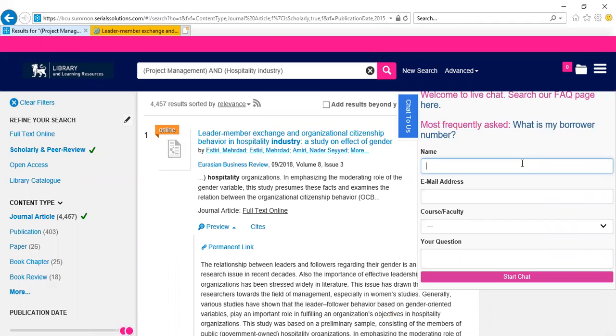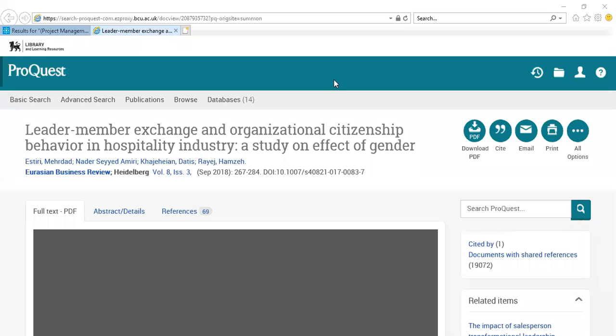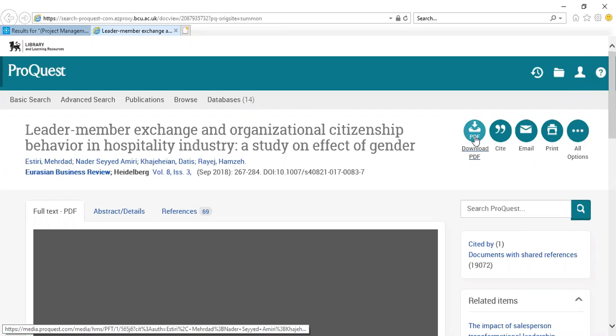Most often than not, a bot would reply, and then later someone will get in touch with you and try to help you find the research that you require. All right. Another thing that you would be able to do is, most often than not, you will be able to download the full PDF article from the research journal or research database.